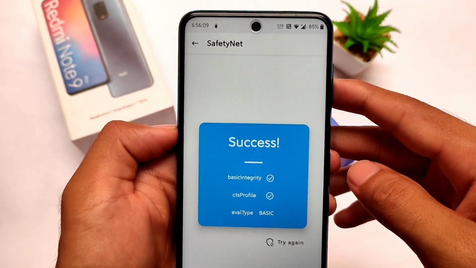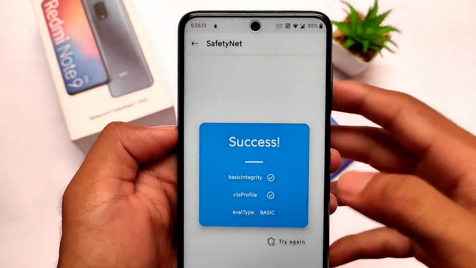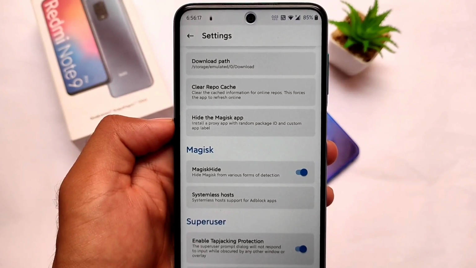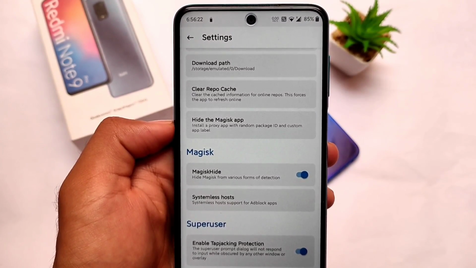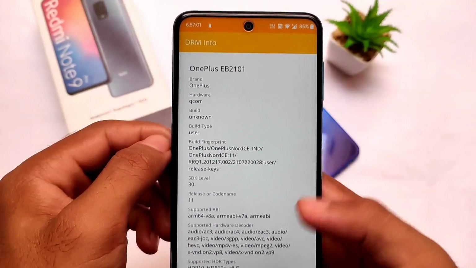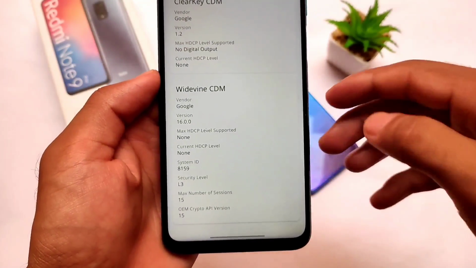But of course, if you use a custom ROM, most of the users always root their devices like I do. So yes, if you use Magisk, you simply need to hide it from settings like this, and Magisk Hide is not a big task. So simply hide the Magisk and you're good to go, and you might not face any kind of issues while using banking apps. Still, some apps might detect that, but that still has no solution.